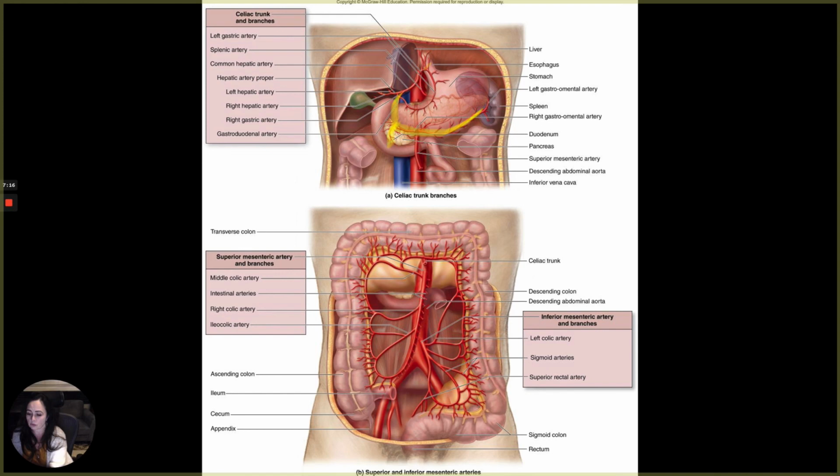Okay, so one more time with these. Branches of the celiac trunk, easy branches. Splenic, wiggle, wiggle, goes out to the spleen. Left gastric, okay? Common hepatic. Then we follow the common hepatic to the hepatic artery proper that goes to the liver, and then the right gastric that forms an anastomosis with the left gastric, and then the gastroduodenal artery. Those are the branches of the celiac trunk. Okay, so we have just delivered blood supply